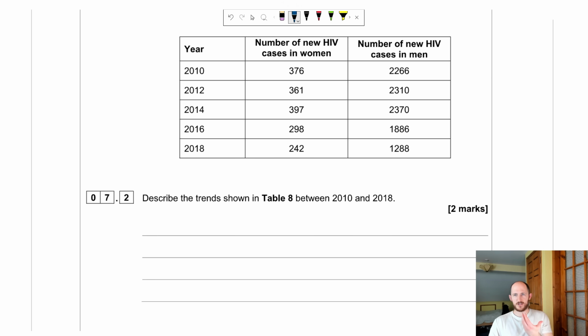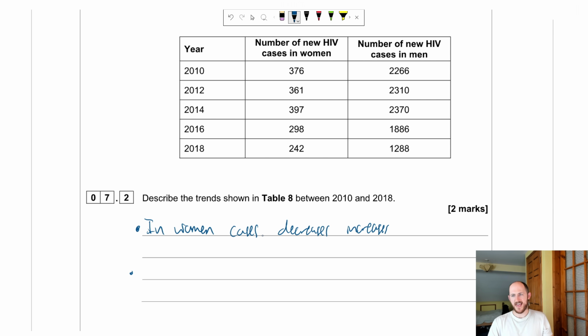This next kind of trend question is a bit interesting. So we have this table, number of HIV cases in women and men, and as you can see, it kind of goes down, up, down, down, and here it goes up, down. So describing the trends, you basically just say what I just said. It's a bit weird, so I would break it up into 2 bullet points. In women, I would try and use an interesting word. I would say it fluctuates. So it's going like down and up and down or whatever, but you can just literally say cases decreases,